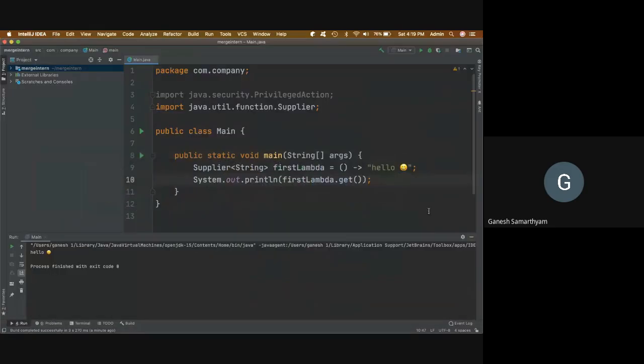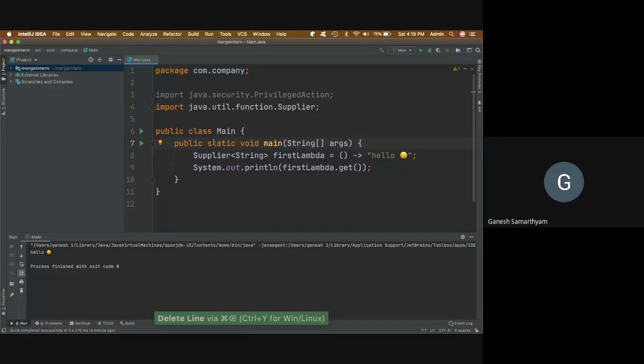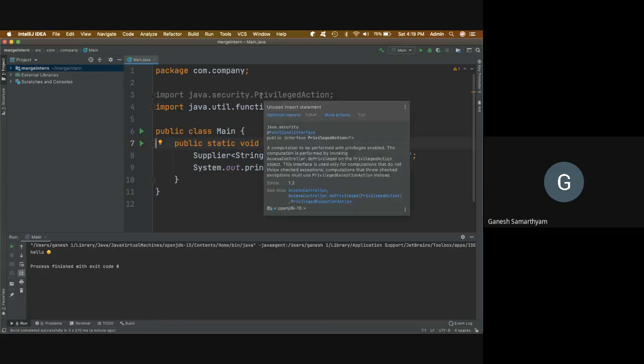Okay, now I want to see how I can improve this code. One thing is there's an extra white line here. How do I delete this white line? One way is Command Delete, which is Control Y, and you'll be able to delete the line. Then I see that there is an unnecessary import statement over there.